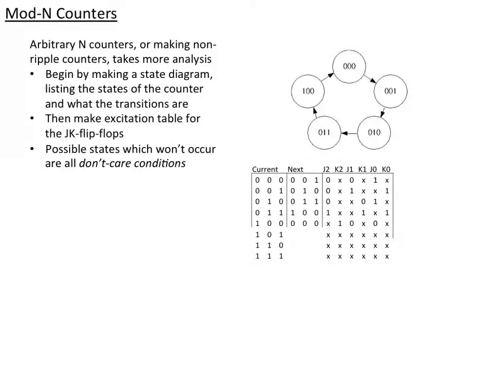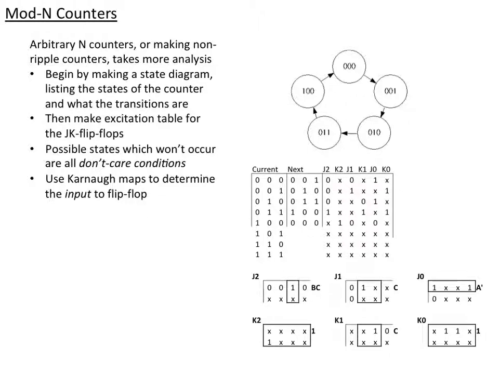But I only have 5 states here. There are 3 other states that don't matter at all. They code for 5, 6, and 7, and so I fill in X's there because I don't care what any of those are. Once I have that, each column here I can rewrite as a Karnaugh map. So for instance, J2, this whole column goes to this